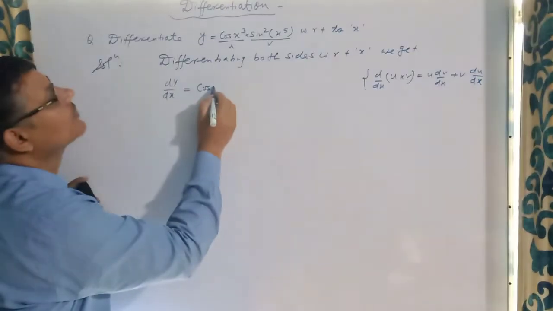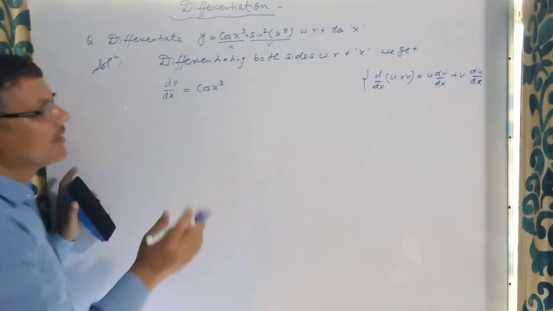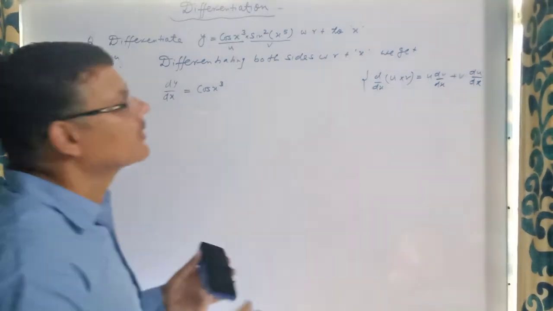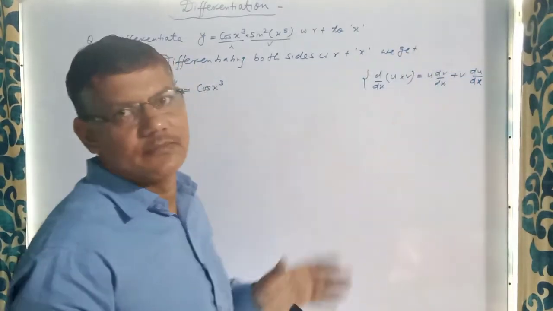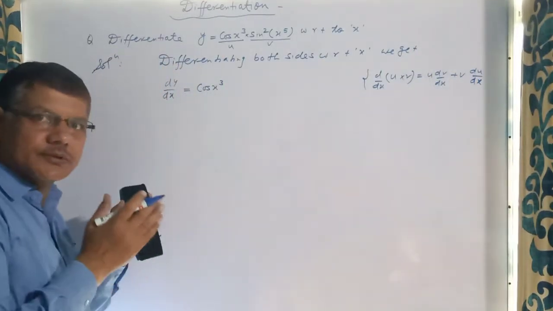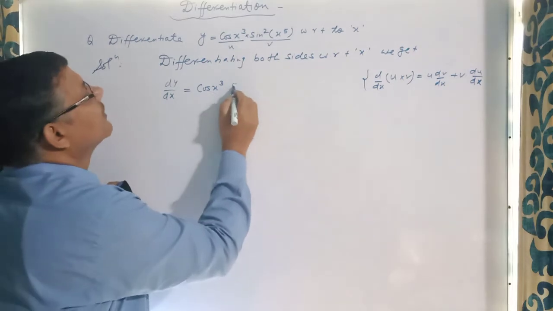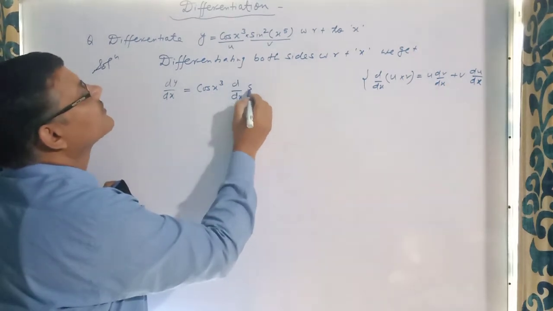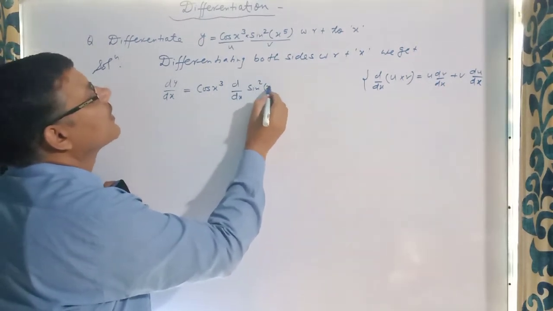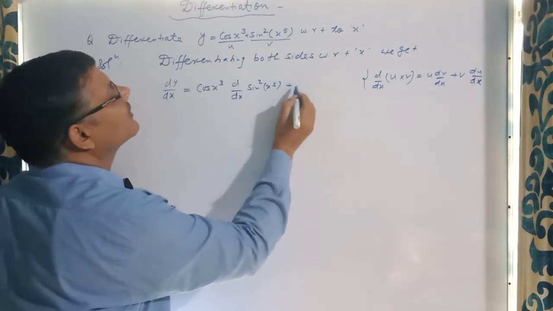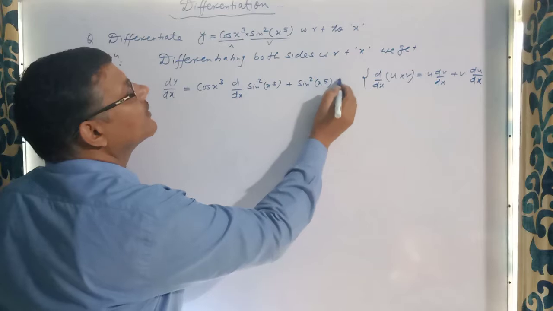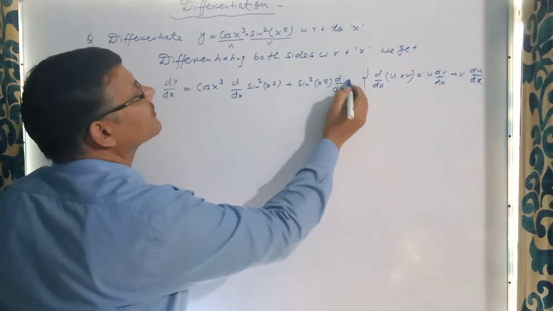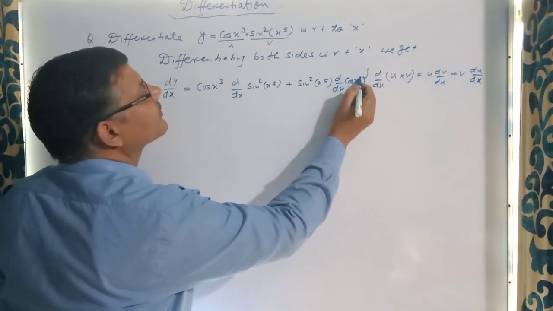so it is cos x cube. It depends only on you which function you are going to take first and which one second, but you have to use the same method, the same way. Derivative of second function sin square x power 5, plus second function out, write it outside, and the derivative of first function is cos x cube.